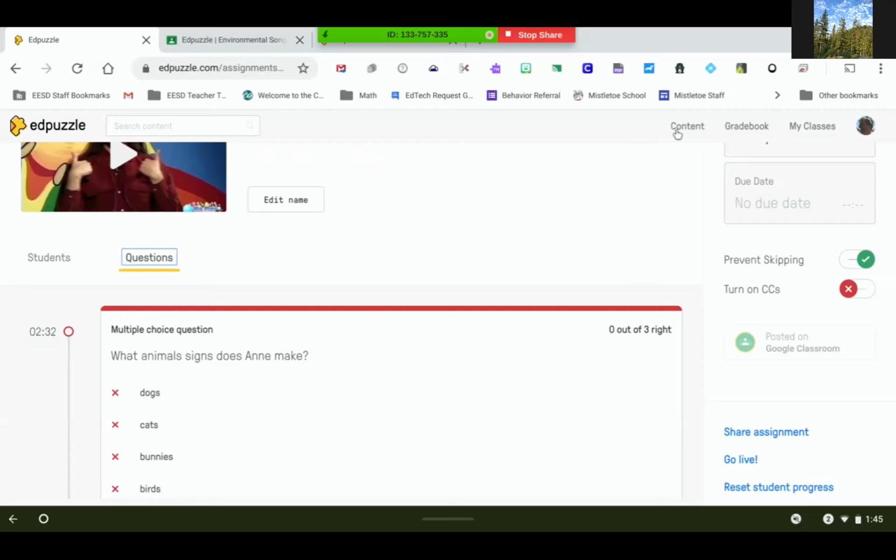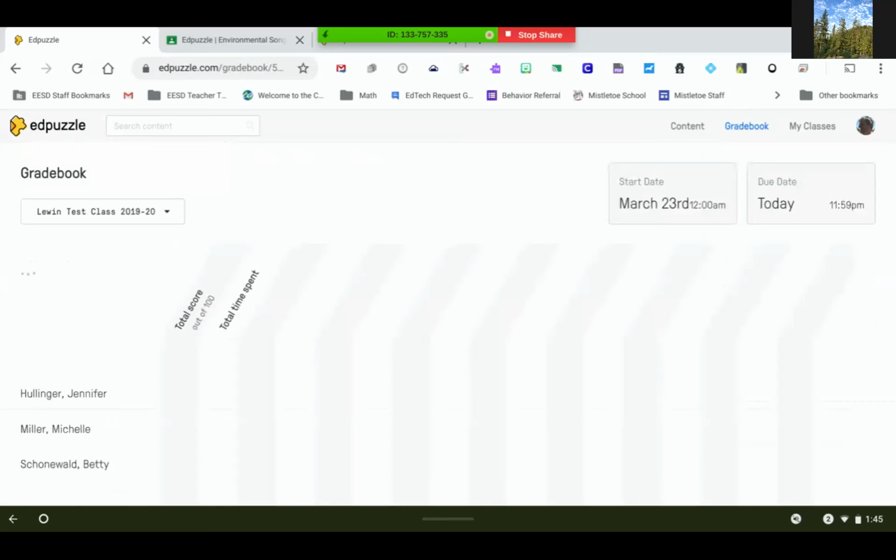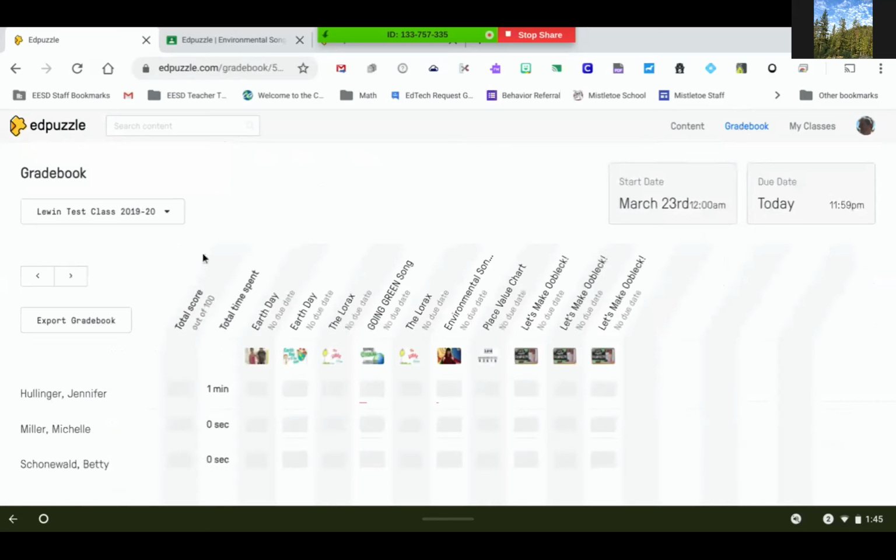Okay, so that's for the content, posting on Google Classroom and checking the results. There's also on the right-hand side a grade book for Edpuzzle. This shows me that Jenny here has a total time spent of 1 minute watching the videos, and the others haven't watched them. And then if I click on a specific video,